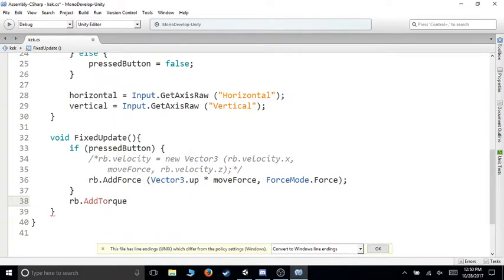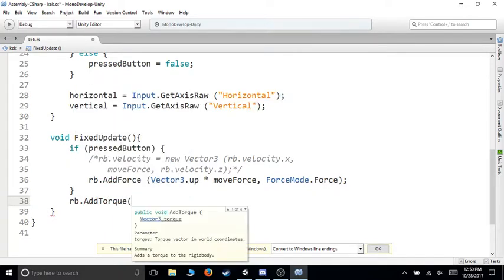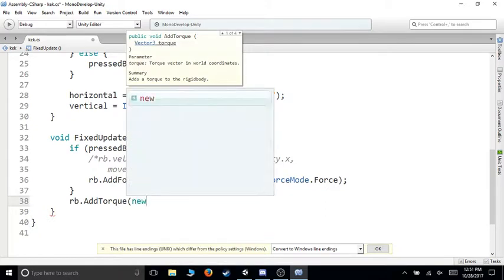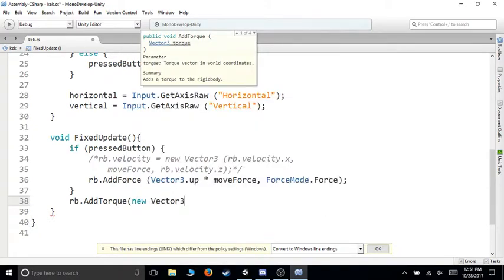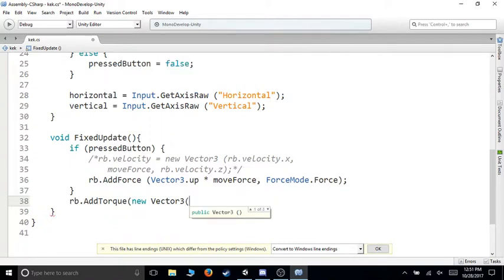We're going to get some rotation going. And we can do the shorthand way of writing things or the longhand. If we wanted to do the longhand way, which is actually shorter in this situation, but you can really use either one, we would be adding a torque of